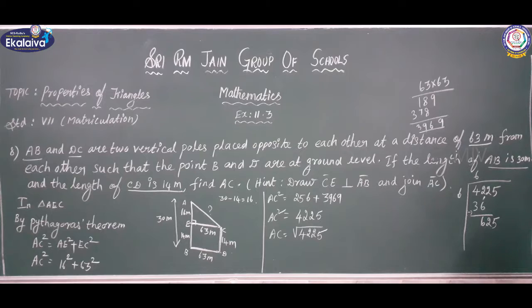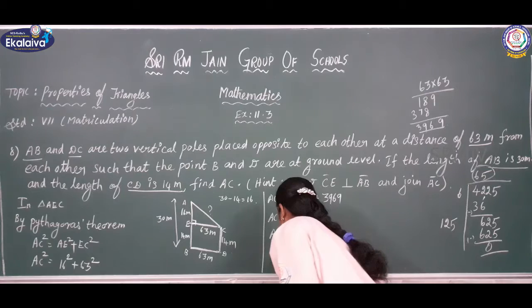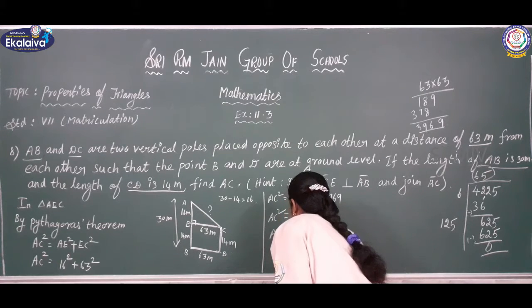After this what do you want to do? We have to multiply with 2. Okay, the quotient number, that number you want to multiply with 2. So 6 twos are 12. Okay, here the unit digit is 5. So you can substitute here 5. 5 fives are 25, 5 remaining 2. 5 twos are 10, 10 plus 2, 12 remaining 1. 5 ones are 5, 5 plus 1, 6. So what we are getting, children? The remainder is 0. So what is the answer you receive? 65. So AC equal to 65 meter.